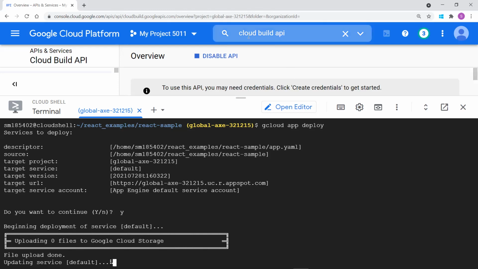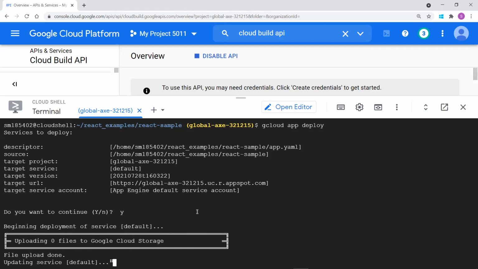So in this way, the required API should be enabled. Not all the APIs are going to be enabled in our GCP. Whenever it is required, like we have enabled the Cloud Build API because we are building the application with Cloud Build. That's the reason we need this Cloud Build API, and that's the reason we have enabled it. So now it will build our application.